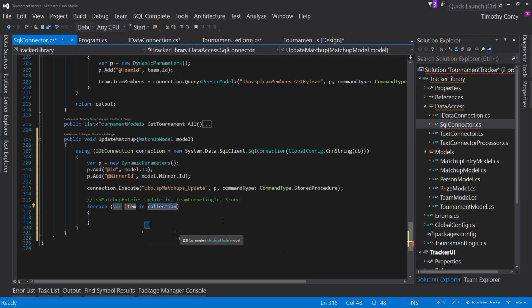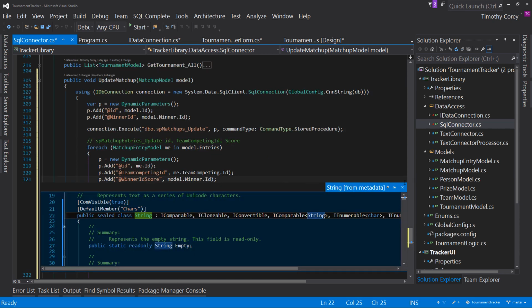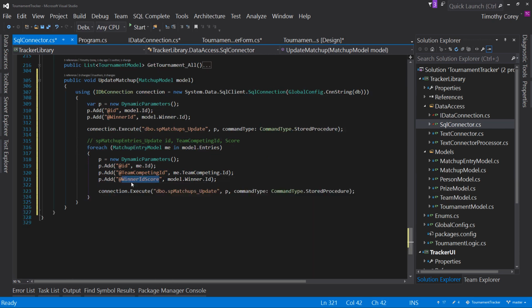Team competing is me dot team competing dot ID. And the winner is, it's not a winner, it's a score. I hate when it does that. Score, there we go. The reason it did that is because I double clicked on here, I was going to